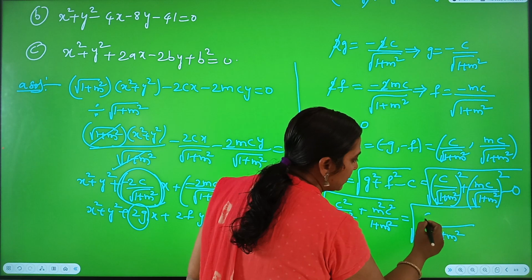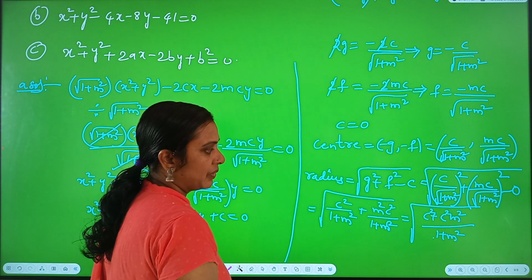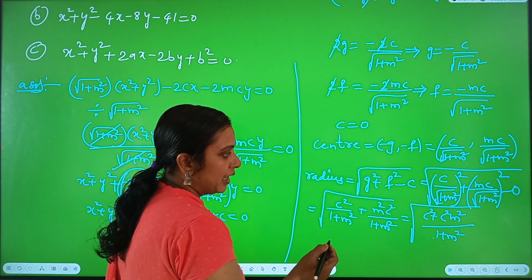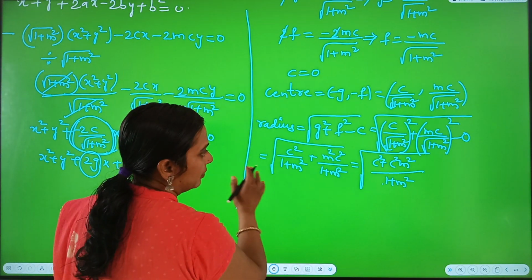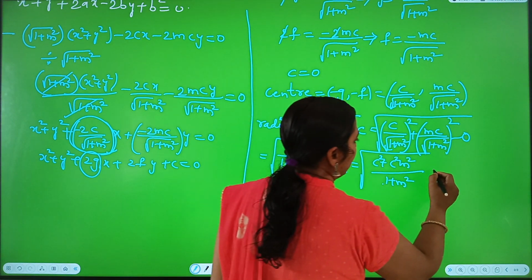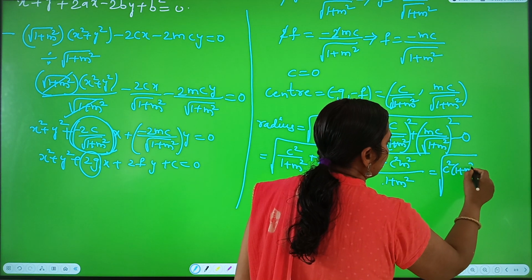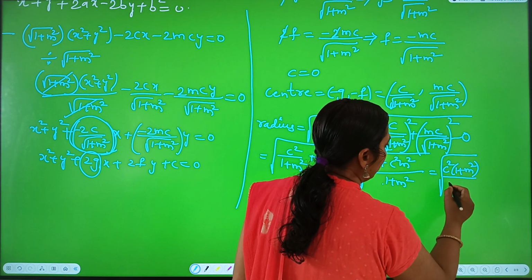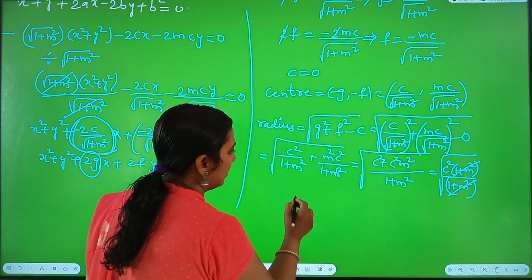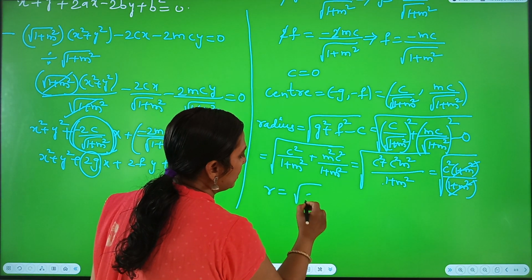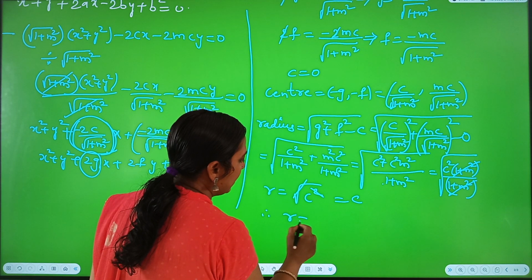Adding the numerator terms, c square plus c square m square, or m square c square. In the numerator terms, taking c square common, that is equal to under root of c square times 1 plus m square over 1 plus m square. 1 plus m square and 1 plus m square cancel. Radius is equal to root c square, square root cancels, it is equal to c. Therefore, r equals c